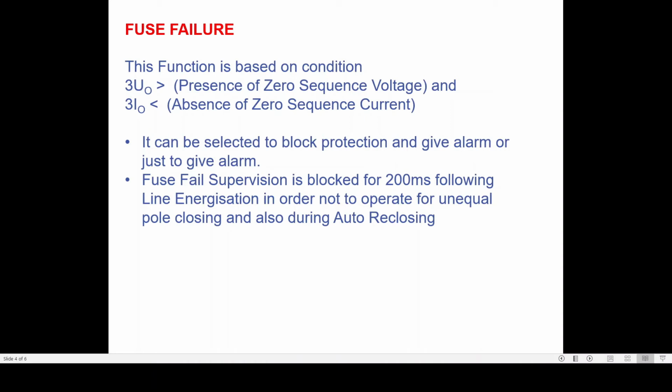In the delta voltage method, what is generally done is that the relay compares voltages sample by sample. The difference between the voltage of the last sample and the voltage of the present sample must always be very small, and if this difference is very high, the relay will detect it as a fuse failure condition. If there is no appreciable change in current magnitude, it will detect it as a fuse failure and it will issue a blocking command to the distance protection relay.